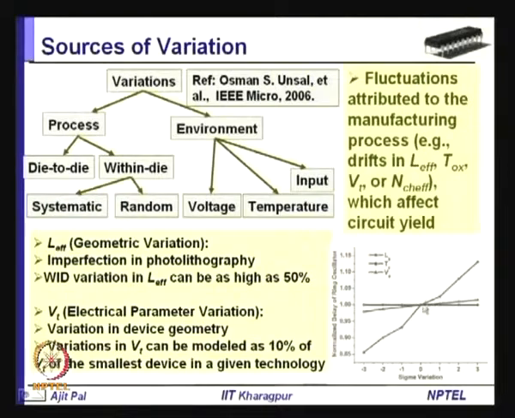You can see this is the 0 point, and you can see the sigma variation on both directions is quite high, and this line corresponds to the effective channel length Lg. So, that is the effective channel length variation, and the other two are Tg and Vg, that means the thickness of the silicon dioxide and the threshold voltage. So, you find that this channel length variation is maximum, and that is the reason why we have to focus on techniques by which the impact of this channel length variation can be mitigated.